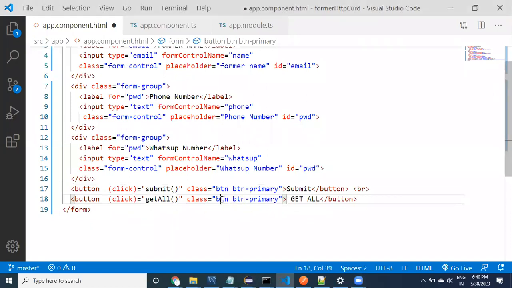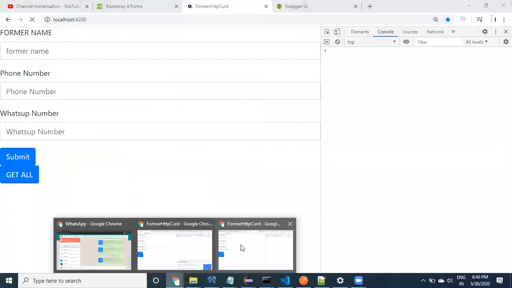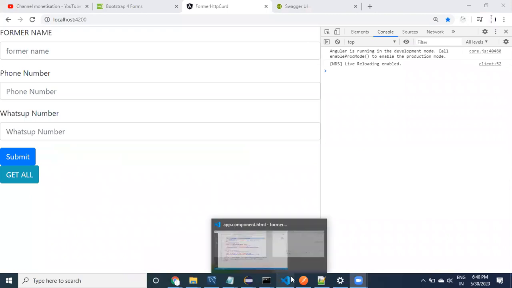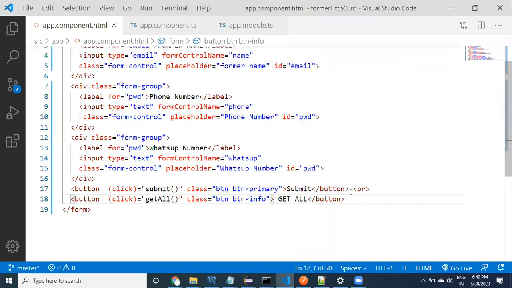Provide a button. And if you want to provide other things, maybe like info, you can provide it like this with another color. The button is with another color. Otherwise, I'm going to provide a different color, and I would like to keep it in the same line only. I don't want to go to a different line. Okay, let it be in the same line. And then you may use danger, it looks red in color.